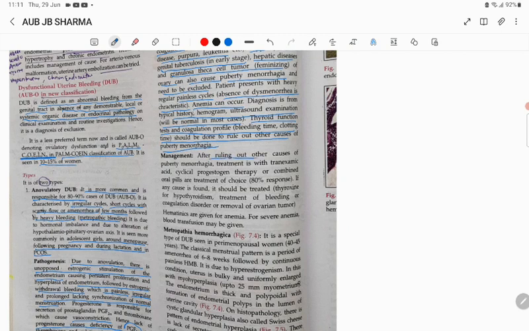After ruling out the causes of pubertal menorrhagia, treatment with tranexamic acid, cyclic progesterone therapy, or the combined oral contraceptive pill is the treatment of choice. In that, 80% of cases will respond easily. So those patients who present with irregular cycles in early pubertal changes, like 1 to 3 years post menarche,